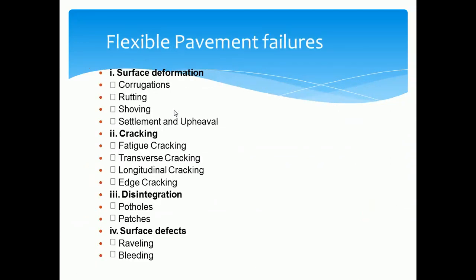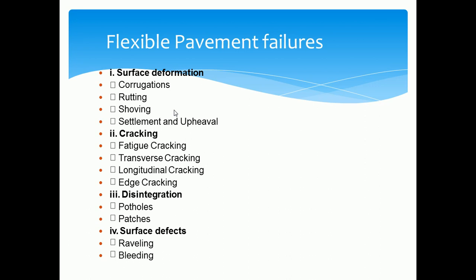And before going to discuss what all the types of failures are, first we need to discuss how the pavement surface is going to fail. We have different layers. In the case of flexible pavement, the subgrade is there, the subbase is there, the base courses are there. So what is the cause of failure of the different courses that have been provided? That we need to discuss in detail here.